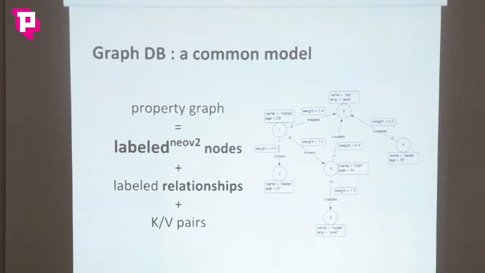With labels, it's a kind of semantic grouping. You can say, I don't know, animal, and you can have several nodes with this label. You can have specialized labels like dogs, cats, etc. So that's very new in Neo4j 2.0. That will allow you to do some tiny schema like this.